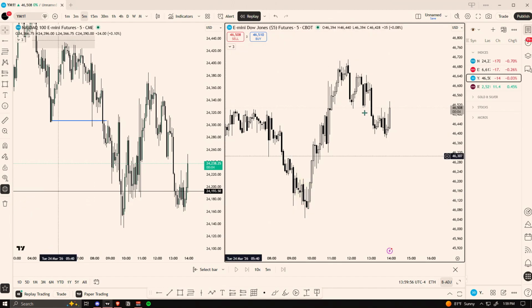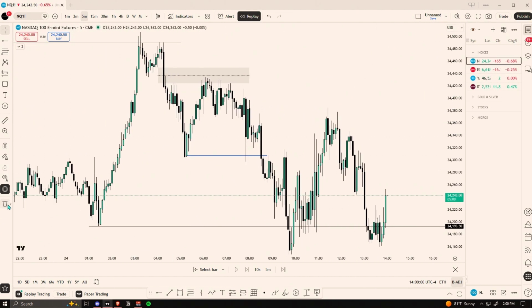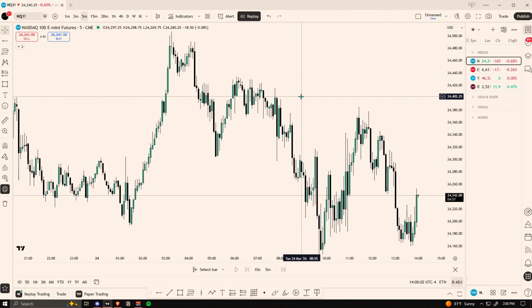But a little bit more of an advanced trade, something that I'm trying to work on. Those are all of Garrett's teachings, GXT, that's his model. But I hope you guys enjoyed. If you guys have any questions, always feel free to ask. And yeah, that's how I got my 2R short, off of understanding that YM was most likely going to be the weakest asset going into the open.